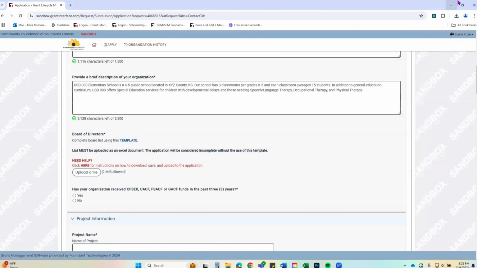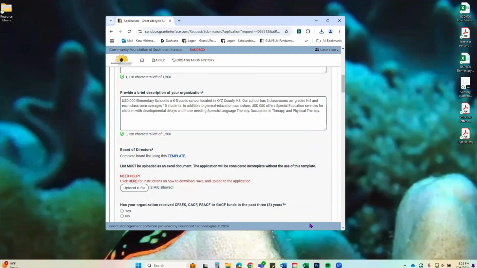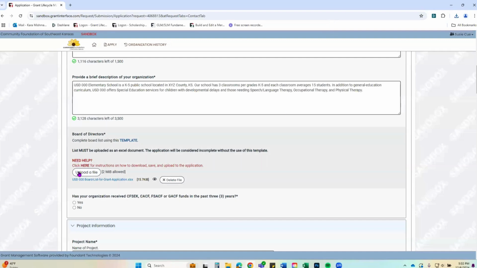We have already completed ours in a previous tutorial, so I'm going to minimize my screen, and I have my board list saved here. So I'm going to left click it, hold on to the left click, drag it, and then let it go. And make sure that your cursor is in that rectangle. If it doesn't upload, then try it again. It was probably because of placement of your cursor. Another thing, you'll get an error code if your document is open and you try to upload it, it won't let you do that. So we've uploaded our board of directors list,